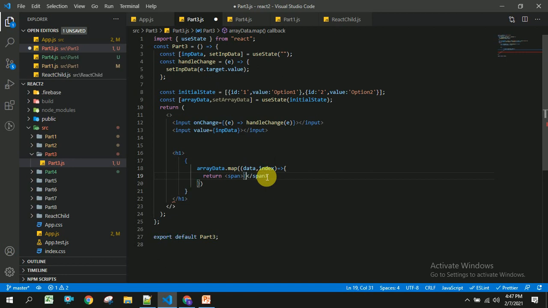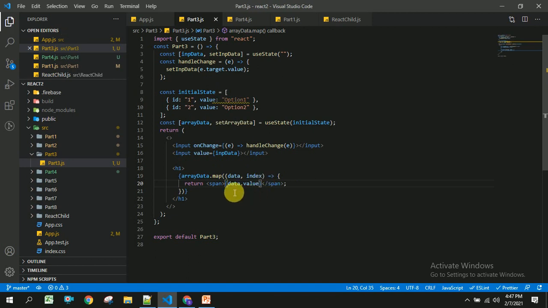And inside this span I am going to show data dot value, and you can place data dot id as well. And to this span I am going to give key as data dot id. That's it.